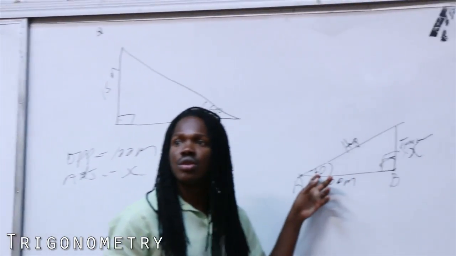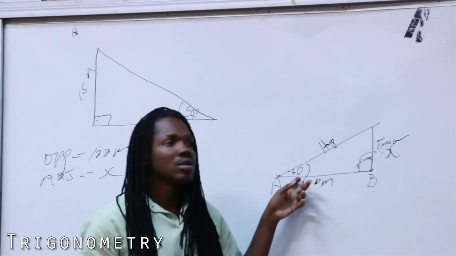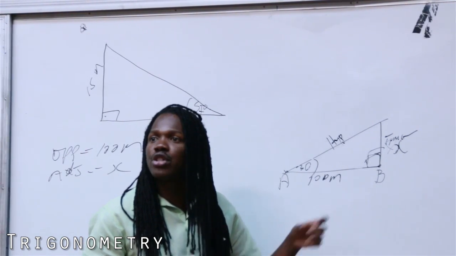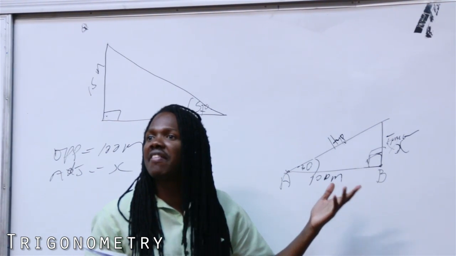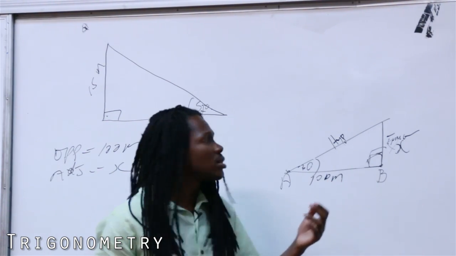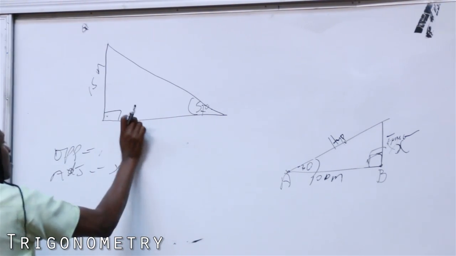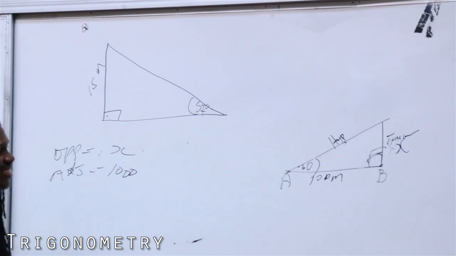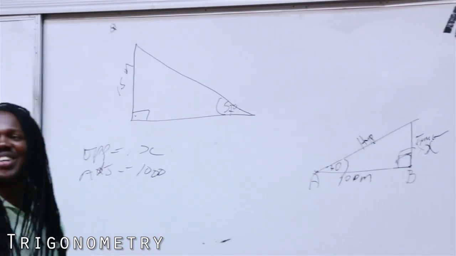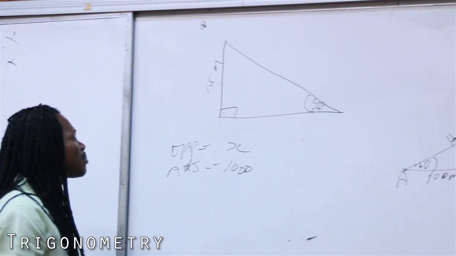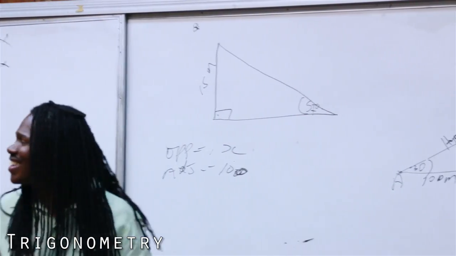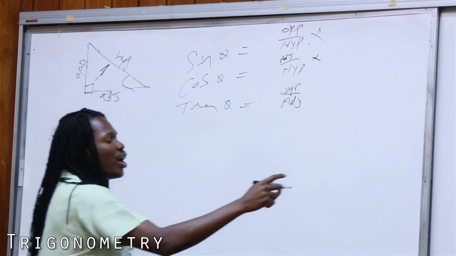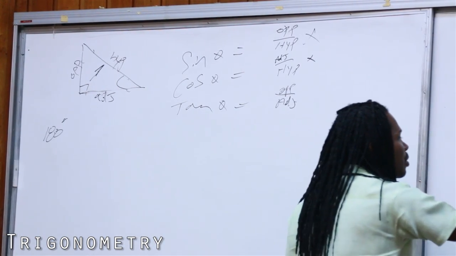Where is the opposite? The tower. What did they ask us to find? Therefore, the tower is x, unknown. We want to find it. And the adjacent is 100. You understand now? So therefore, being that that is the case, where opposite equals x and adjacent equals 100,